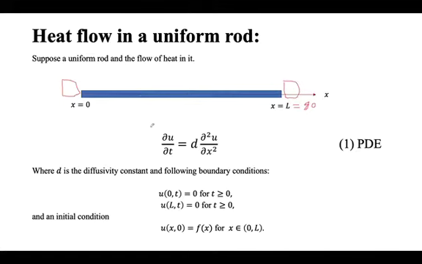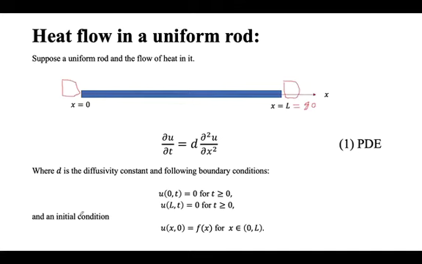So initially, on the boundaries, the condition is that the temperature is equal to 0 here, and also the temperature is equal to 0 at the start, x is equal to 0, and at the end of the rod, L is equal to 80, or x is equal to L, so here the temperature is also 0.